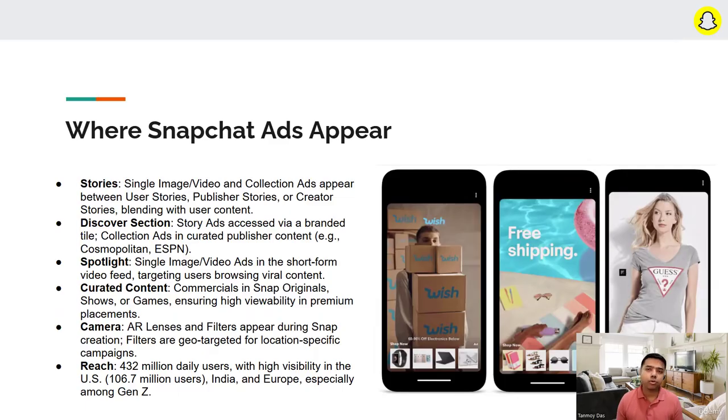Now, the reach of this particular platform is, you can say, 432 million daily users on the platform with high visibility in the US majorly, and then India, Europe, especially among the Gen Z. So that's how the Snapchat platform is going to be. So what we're going to see going forward is how you can use this ads platform to build out effective campaigns to reach out to your target audience so that you can generate better sales leads from this